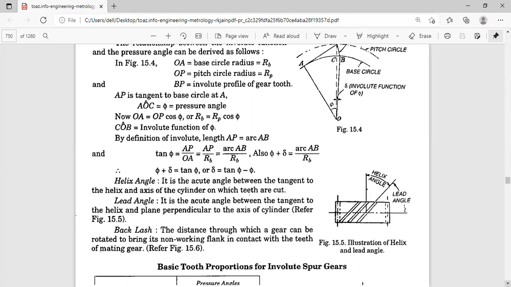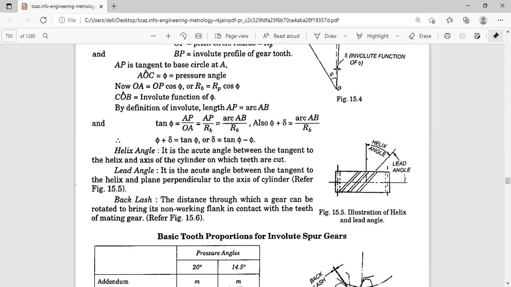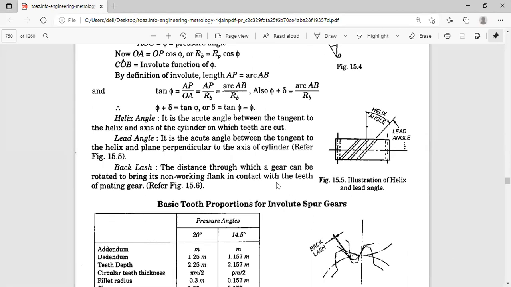Last class I told you perpendicularity and squareness are very similar as far as tolerances of form and position, or geometric features, are concerned. Now we'll touch upon backlash and discuss it extensively. What are the factors affecting the backlash? Center distance is one of them. The pitch line velocity is one of them, V is equal to pi D N by 60.